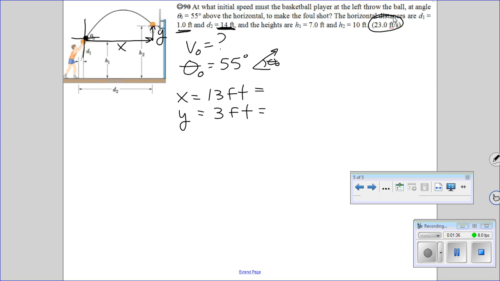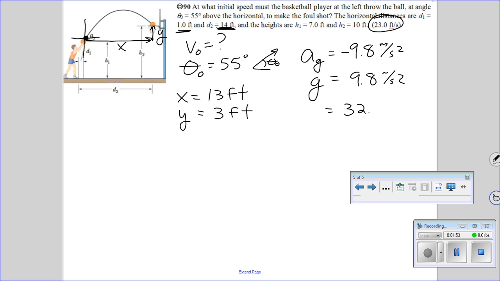So what I need to do then is, when we solve this, instead of using g is 9.8 meters per second squared, we're going to use 32.2 feet per second squared. And then we don't need to convert stuff. All right,